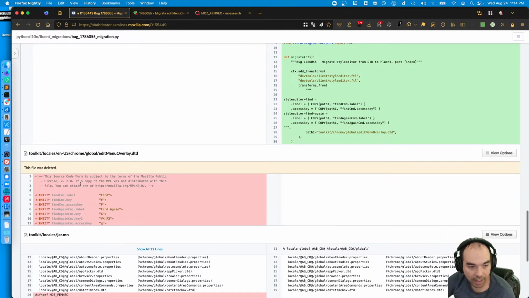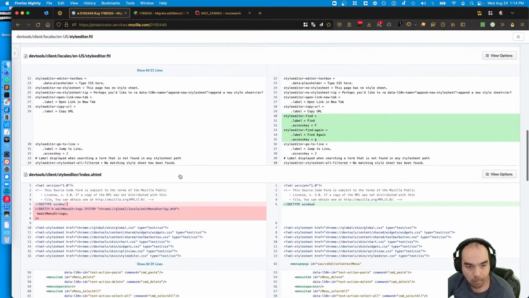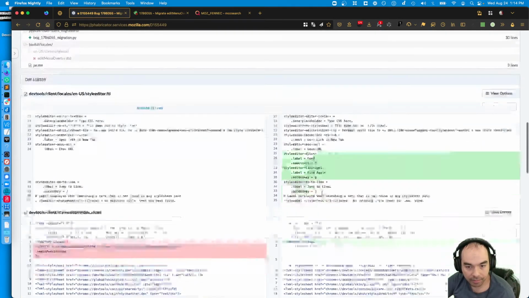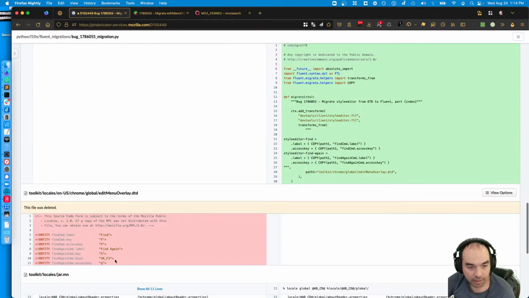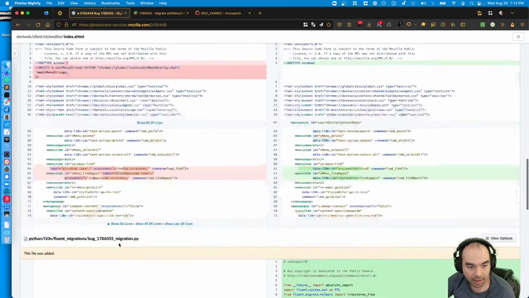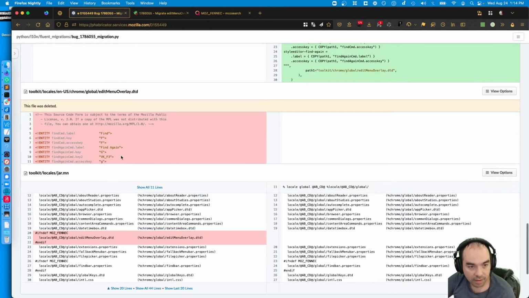So edit menu overlay defined these shortcut keys. And so instead now, it looks like we're going to use Fluent. Find again, F, find command key, access key, find access key, F, find again, G. Yeah, that all looks good.